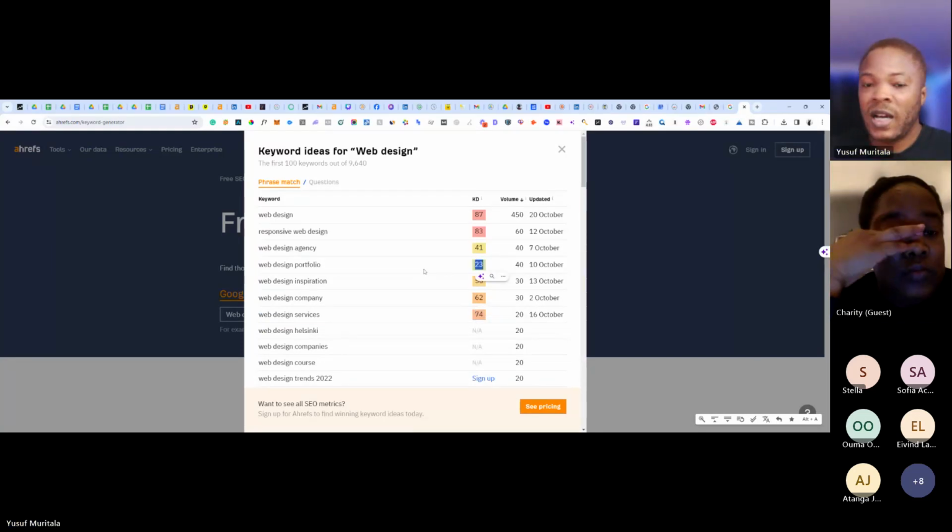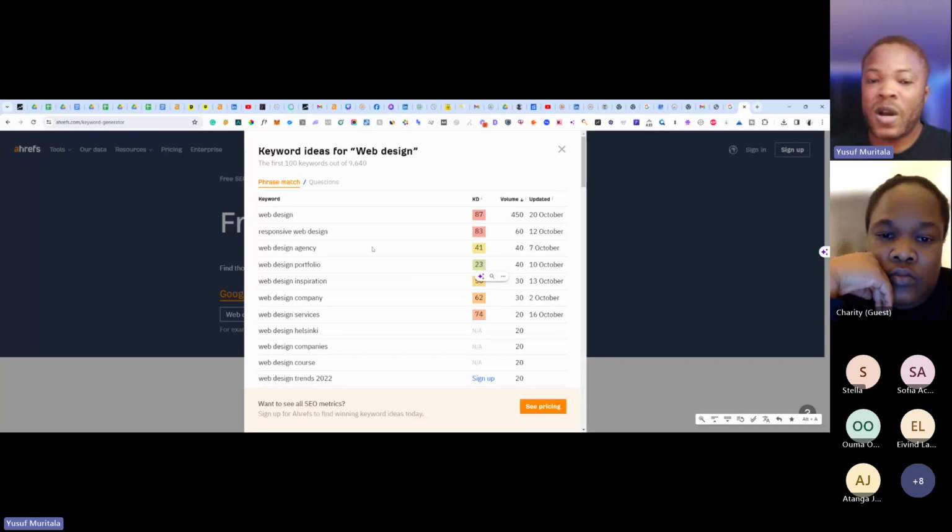For me, with this insight, what I would do is, okay, web design portfolio. What does it tell me? It tells me that I need to have this page on my website as a web designer targeting this keyword, because people are searching for it.